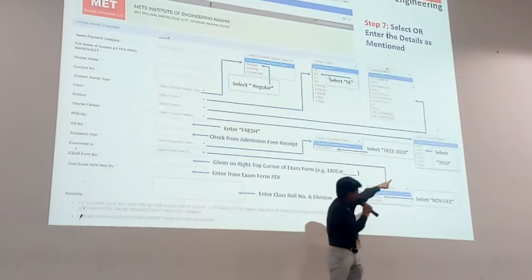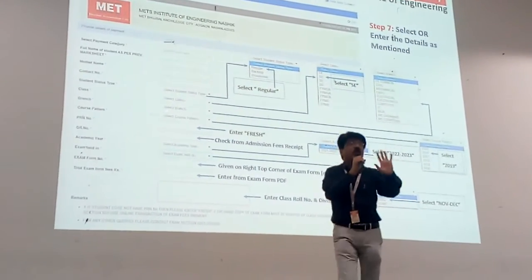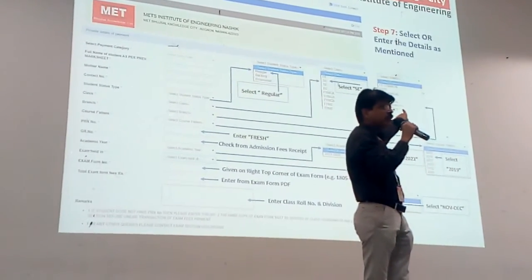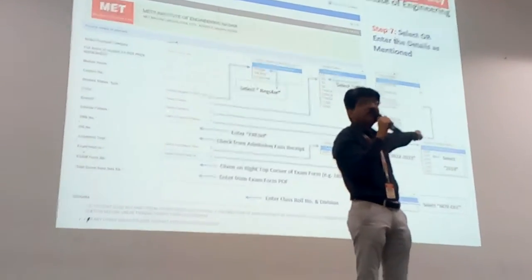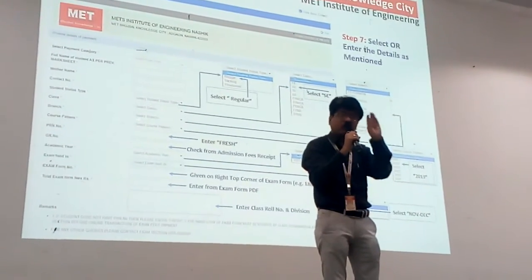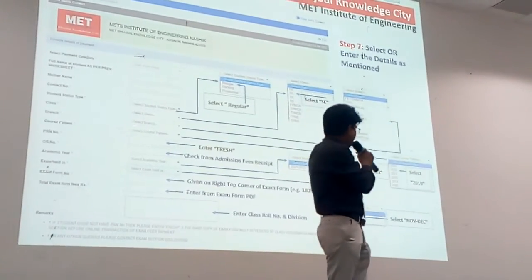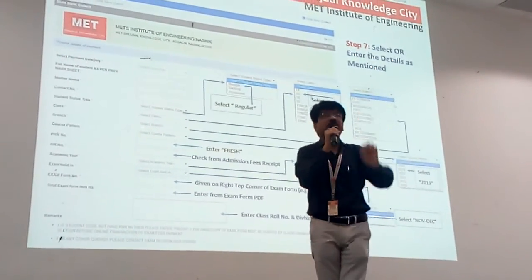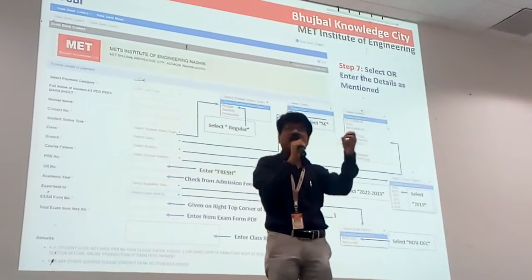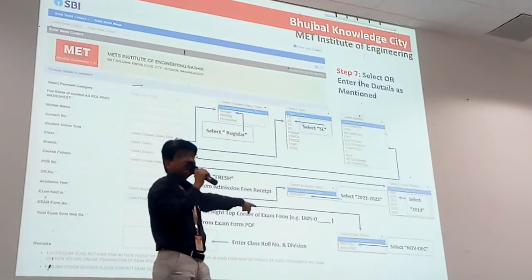And under branch, don't select your core branch for first year. There FE Common is given. Select FE Common. This is very important. For the online fee receipt, don't select your branch. Only for the online fee receipt. Otherwise you have to select the branch. For the online fee receipt, you have to select FE Common so that you can bifurcate the examination form for first year. Okay. Next details. Examination.